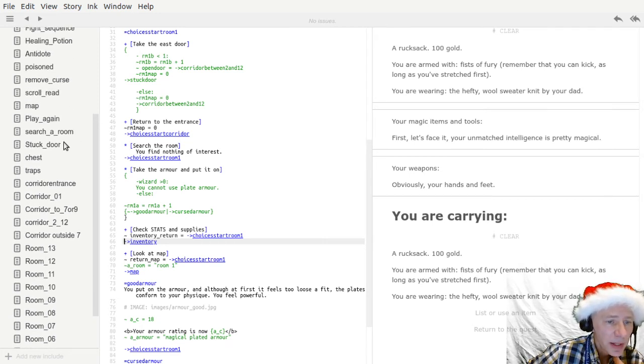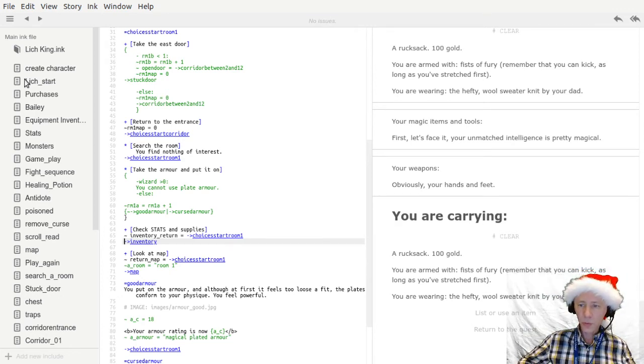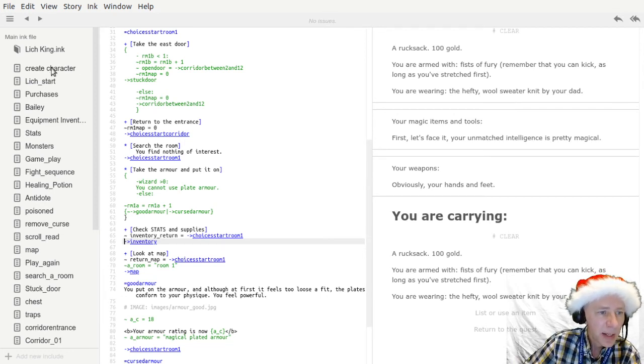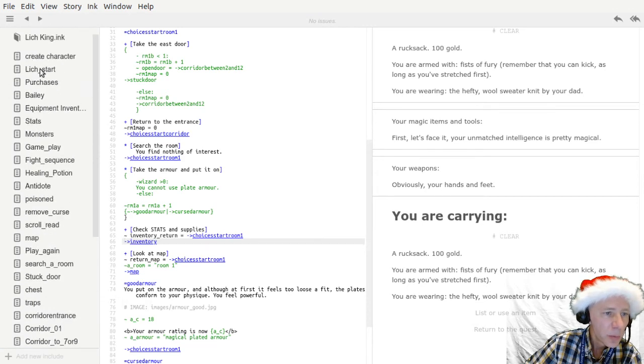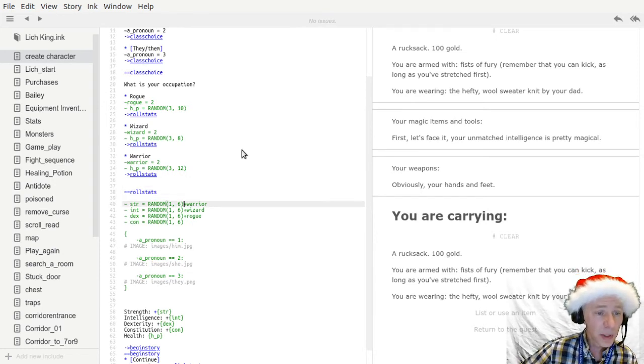So I could also put that in when you're going to purchase equipment too, so that you can't purchase it at all. So instead of just having it that you can't put it on, you can't purchase it. Like you're not strong enough to take it to begin with. And that's the other thing too, if you wanted to make it so that certain character classes are going to have better rolls than other ones, you could do that too. And you would want to do that by, where did I put create character? So what you would do for that is actually put in the role stats,